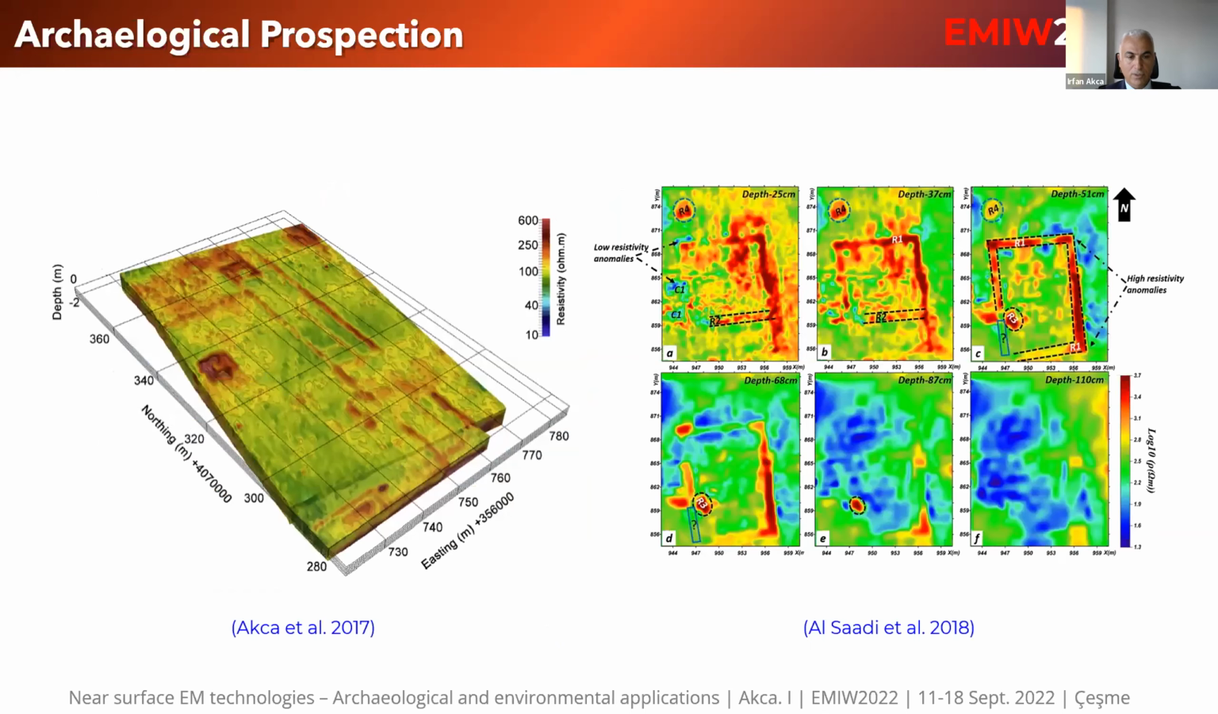So we also apply different methods like resistivity and magnetics to explore archaeological remains. This example on the left is also conducted by us, and it's also another famous city in Turkey, which is called Side in the original reference. And the 3D model you see on the left is a resistivity model after a 3D inversion